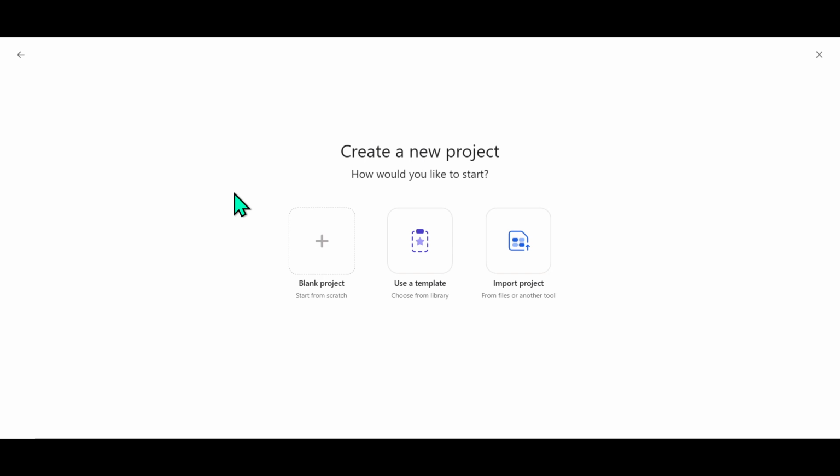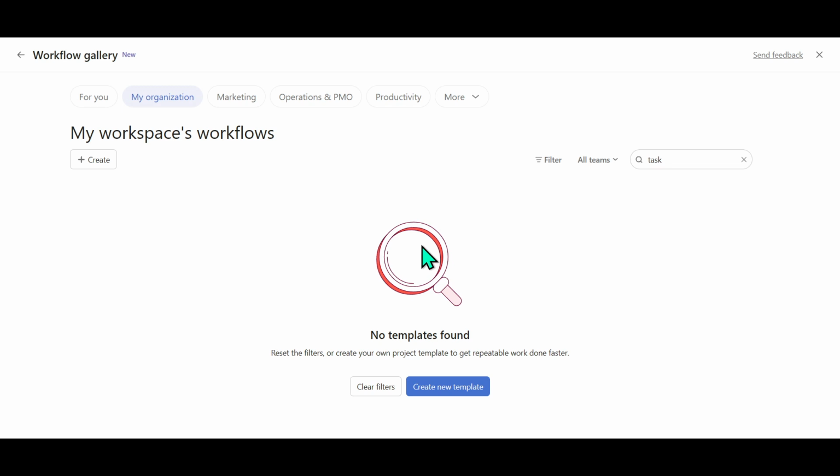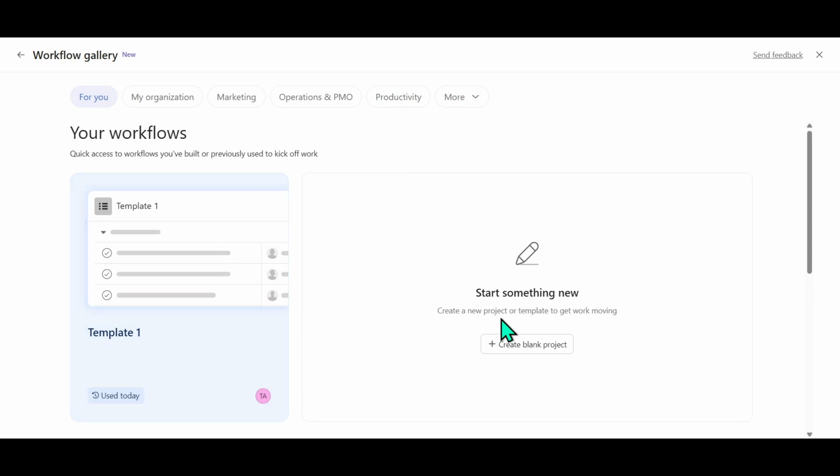suit your specific needs. After selecting Project, you'll see a number of options appear, one of which will be Use a Template. The Use a Template option is designed to streamline your workflow. By using a template, you can save time and ensure consistency across similar projects. Clicking on this option will take you to another area of the interface where you'll need to navigate to the